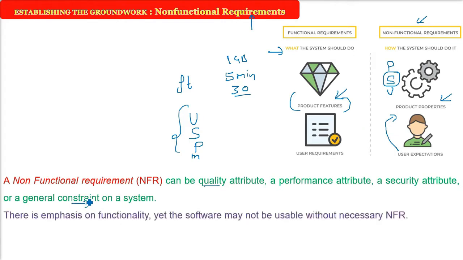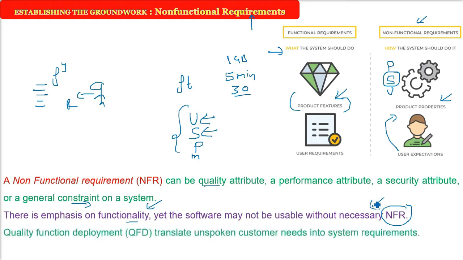Whenever we make software, we always think about the functionality. Say we have 50 use cases, 50 requirements, we just start making it. But without NFRs, non-functional requirements, proper usability, security, performance, maintainability, reliability, availability, the software will not be usable or useful at all. So non-functional requirement is as important as functional requirement.